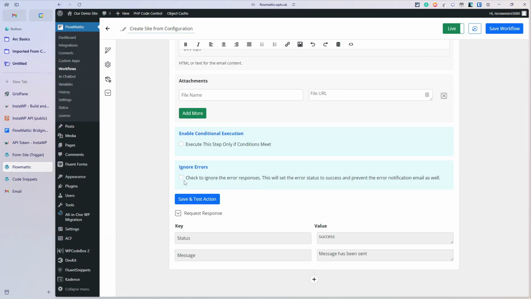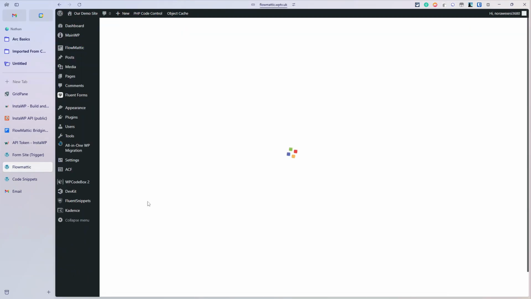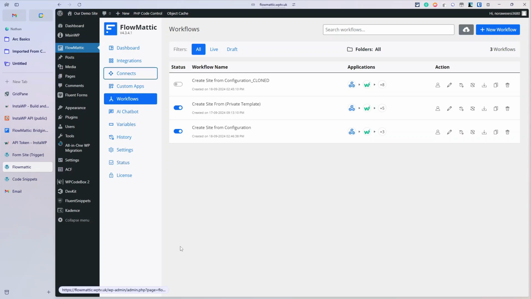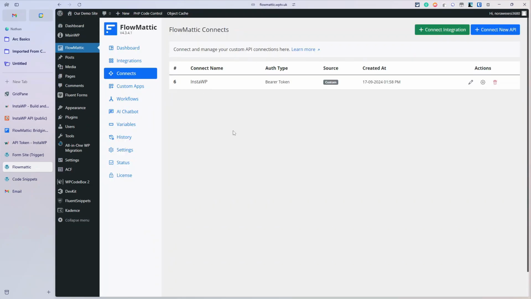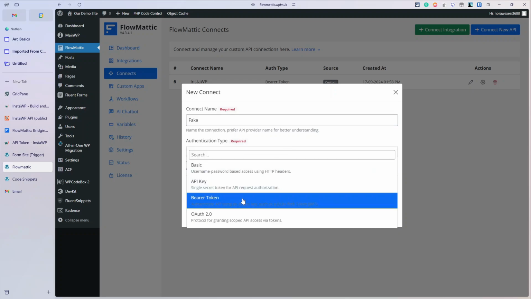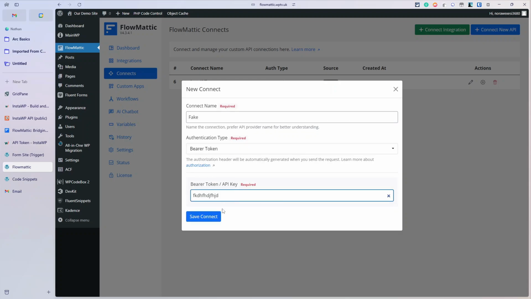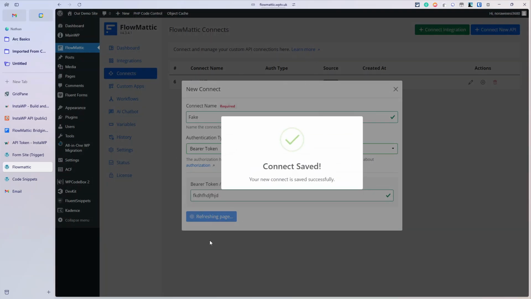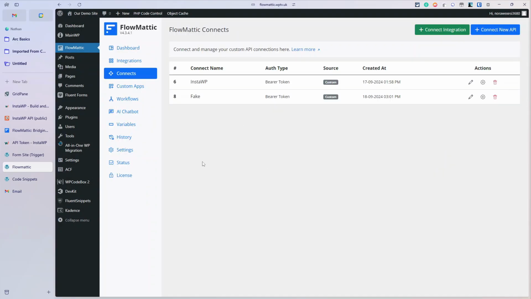So back to our Flowmattic instance, where I'm going to go out to the front page, and I'm going to select connect. And in here, you see I've already got my bearer token installed, but I'm going to create a new API connection. Not an integration, even though I do have a custom app. It's not. It's a new API connection, and we'll just put in here fake InstaWP, and we'll tell them it's a bearer token, and we'll just put some gibberish in here and save connect. And that's it. That's how easy it is to add a bearer token to Flowmattic, and now we can use that in any workflow as our